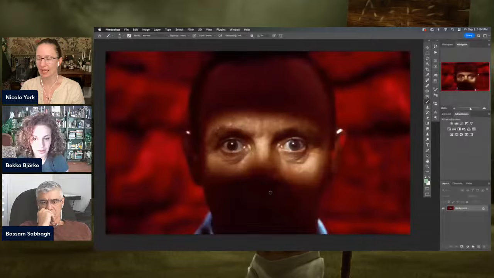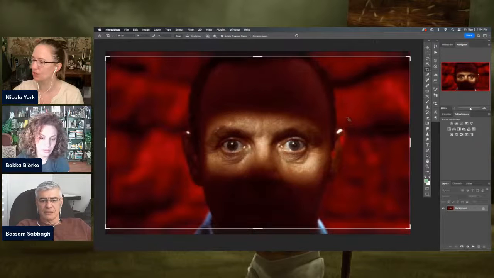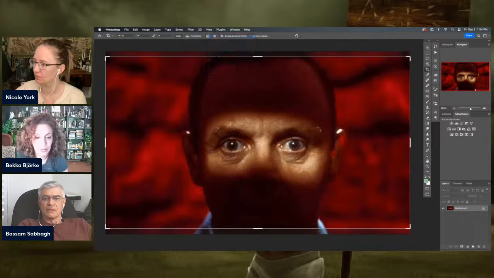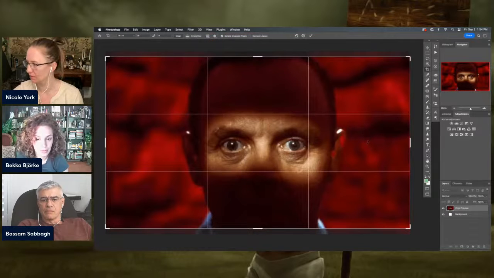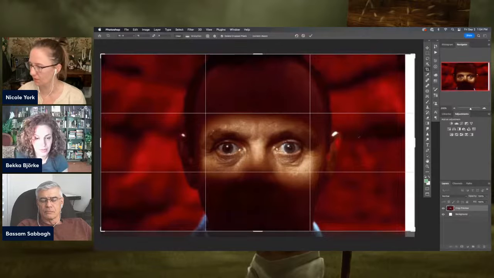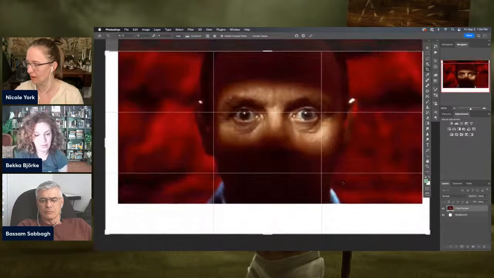Yeah, and that choice of cropping is an uncomfortable crop. This is where you would put his eyes up on the third, right? And if you were trying to make it traditionally pleasing, if we were going to match older cinematic things, then he would be there.